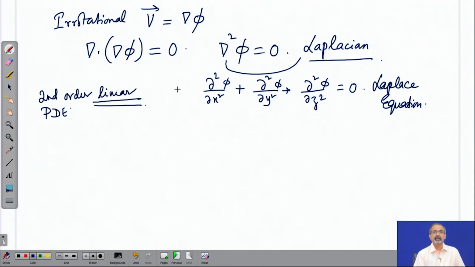The word linear has a very deep significance over here. We will explain soon. Whenever you have an irrotational flow field, a velocity potential exists, and therefore, you have a potential flow. Now, here we are dealing with incompressible potential flows,